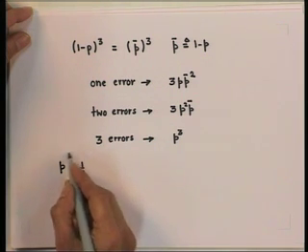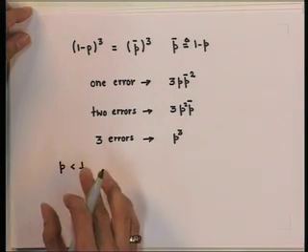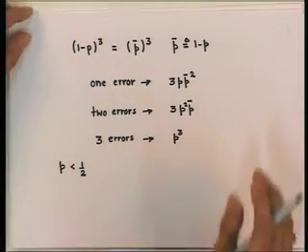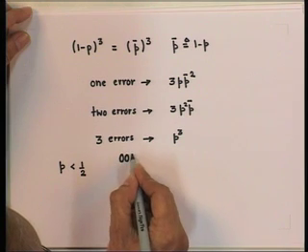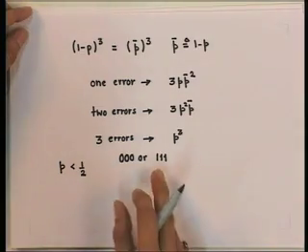Now, whenever p is less than half, that is when the probability that a bit is received correctly is greater than the probability that it is received incorrectly, then it seems reasonable to decide that a message 0 0 0 or 1 1 1 was transmitted according to the majority vote of the 3 received bits. Now, it is easy to show that this decision rule is in fact the maximum likelihood decision rule. We will prove this later in this class.